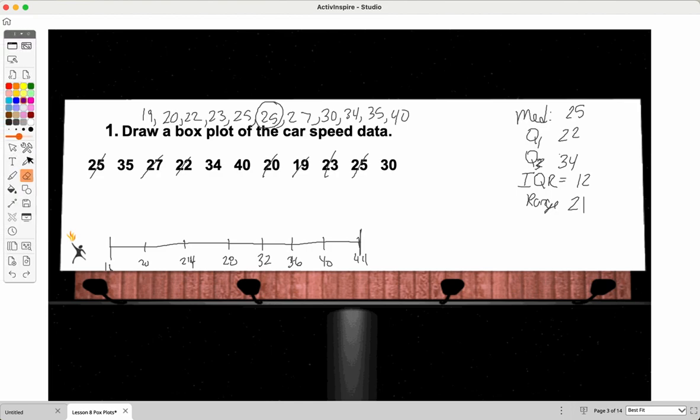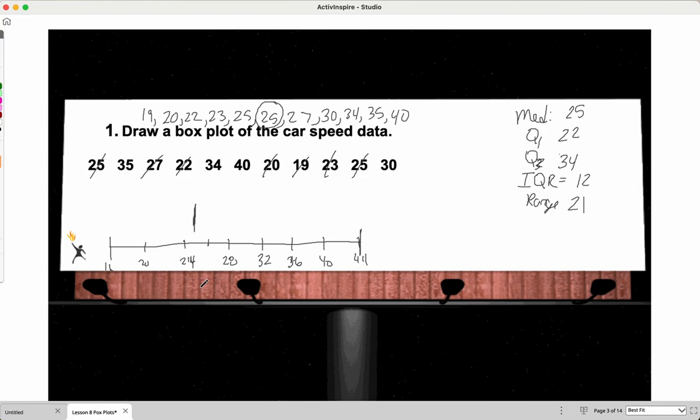So now that I've got this taken care of, I'm going to plot my data. First thing I'm going to do is plot my median. So 25 is right about here, between 24 and 26, and then my lower quartile is 22. That's going to be right here. My upper quartile is 34. That's right here. So I just put a line there, and now I'm going to connect them